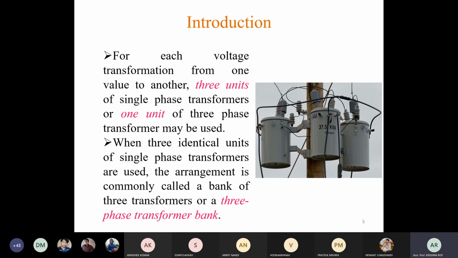Okay, you can see from this diagram here 3 identical transformers are placed side by side and they are connected to act as a three-phase transformer bank. Okay, so here this type of arrangement is known as three-phase transformer bank. So we can use one single unit, or we can use 3 units of single phase transformer to act as a three-phase transformer. Okay,